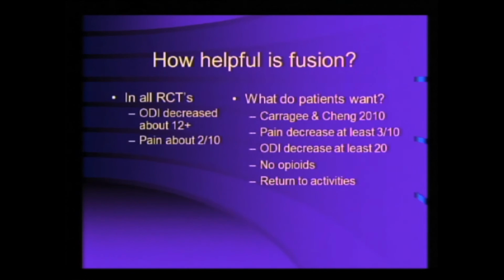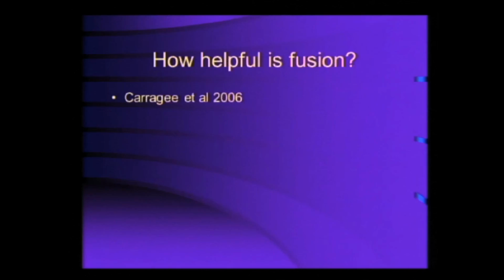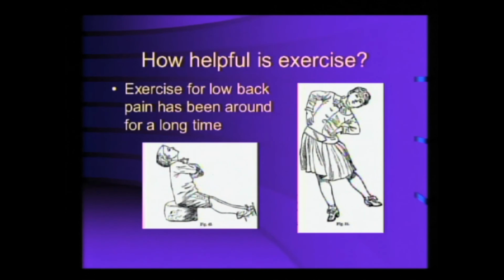You may look at that and say, well, we didn't meet that. Right? The studies don't meet that. So can anything meet this? Is this reasonable? Maybe our patients have unreasonable expectations of what we can do. I'll go back to the study Mike just mentioned a few minutes ago, the Karaji study from 2006, looking at patients with spondylolisthesis versus discogenic low back pain. So I have to be fair.